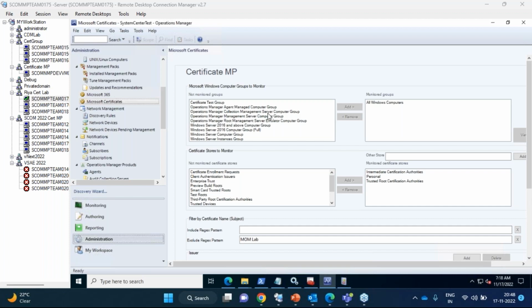Once you import the MP in your environment, you will see a new folder, Microsoft Certificate, in your Administration console workspace. Once we click here, you will see on the left-hand side the first item, groups. What groups are we going to monitor? We are populating all the groups which are available in your